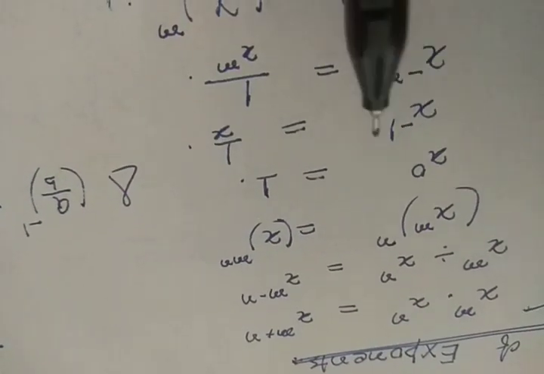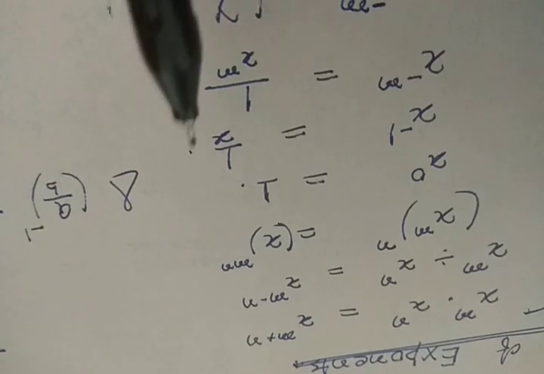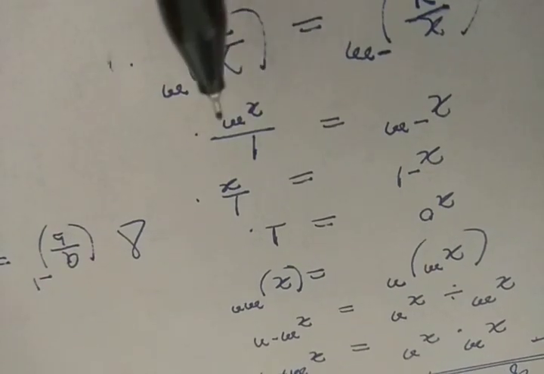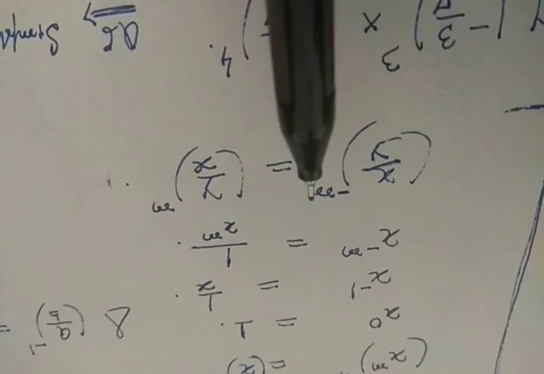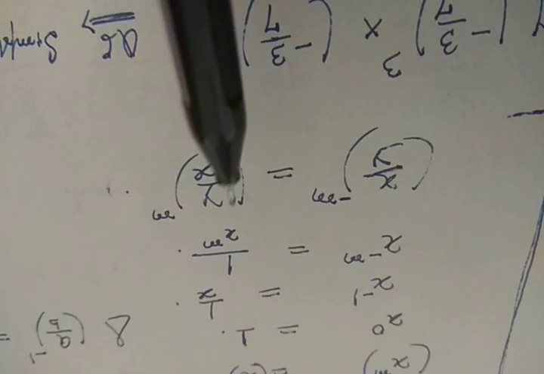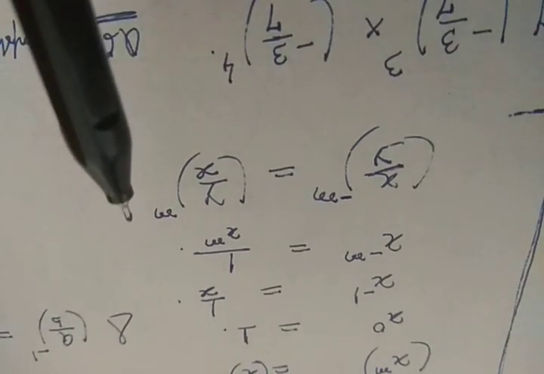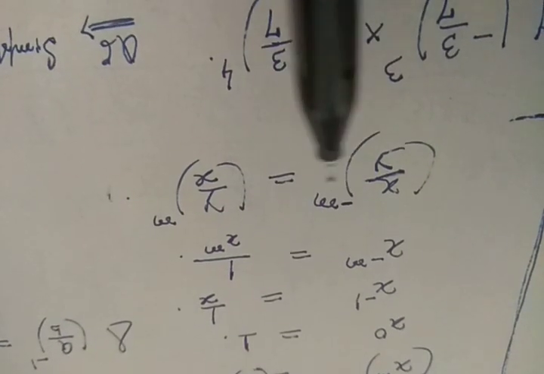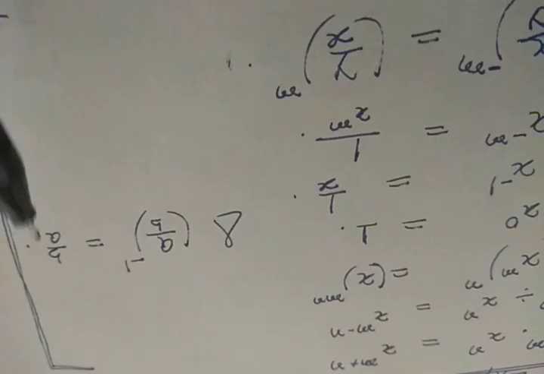Clear? Now, when x to the power 0, your answer should be 1. And x to the power minus 1, I mean the reciprocal of x, that is called 1 by x. But x to the power minus m, then you can write 1 by x to the power m. Follow? Whereas x by y to the power minus m, then take the reciprocal, y by x, and the power m. As it is minus m and now it is converted, I have to take the reciprocal so that it is y by x, but power now becomes m. Follow? In the same way, you can write a by b to the power minus 1. It is how much? b by a.